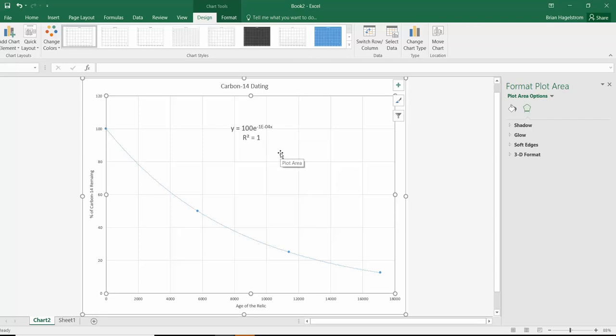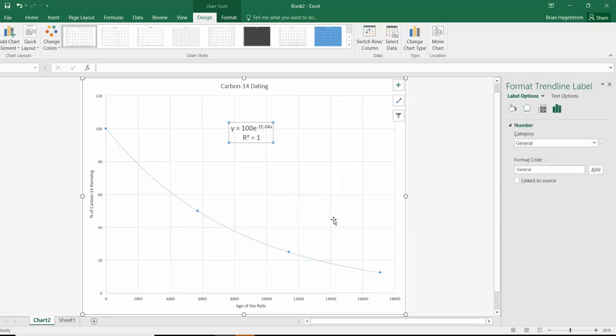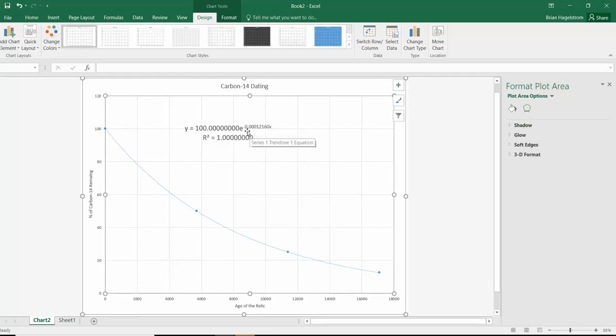Looks like I got scientific notation there. Might be nice to round off a little differently. So I'm going to make sure this is highlighted. I'm going to do another right click here. It's actually, I think, a little better doing it this way here. Make sure formatting takes, where we're going to go to one of these little circles where we see the trendline, do a right click, and we're going to format the trendline label. We're going to change this to number. And I want a lot more decimal places than what I'm seeing here. Let's actually go 8. Let's overshoot it big time here, so that I'm getting a little better number to